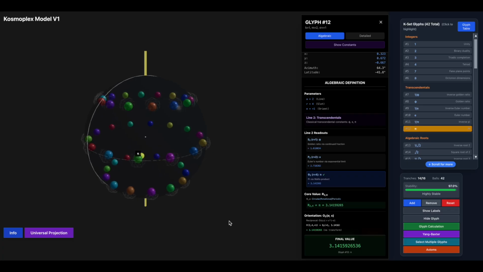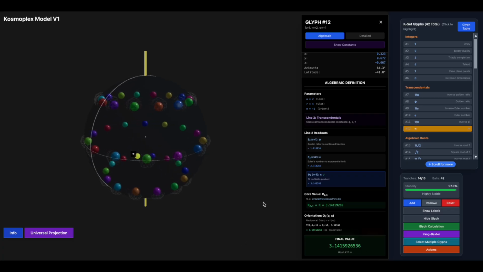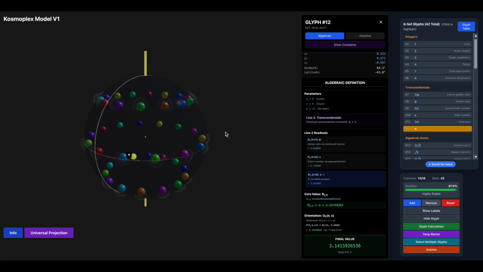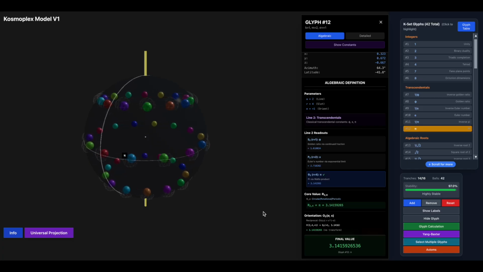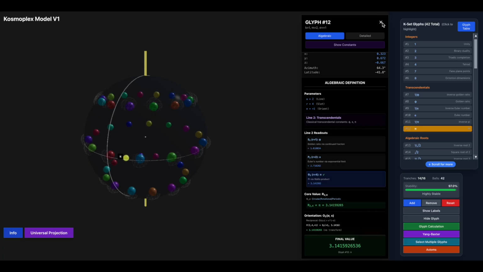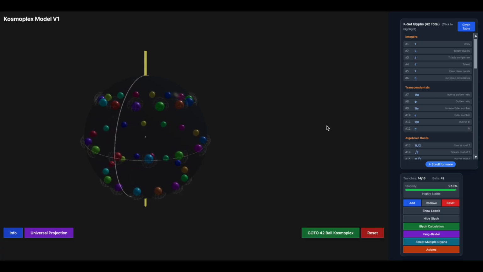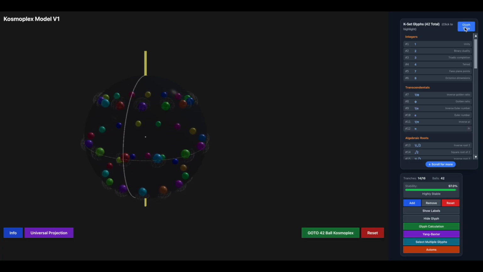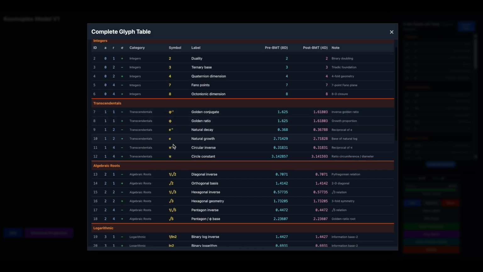Now, interestingly enough, the value that's calculated is an 8-dimensional value, because this is all taking place in 8D. Again, if I want to know what the 4D value is, let's go to the glyph table and we'll go to K12, which is pi. We can see that it's calculated this way, but if we project it, it actually changes ever so slightly, and the projection is explained